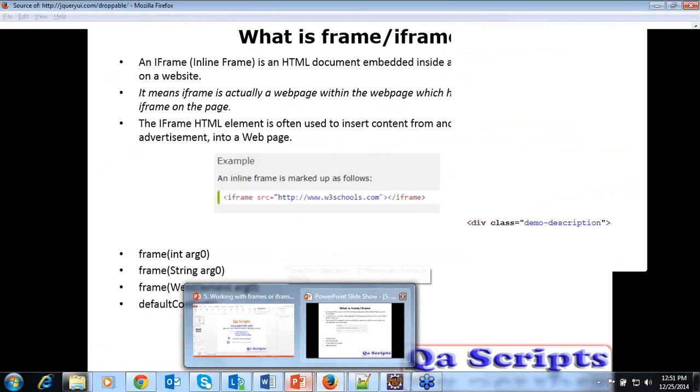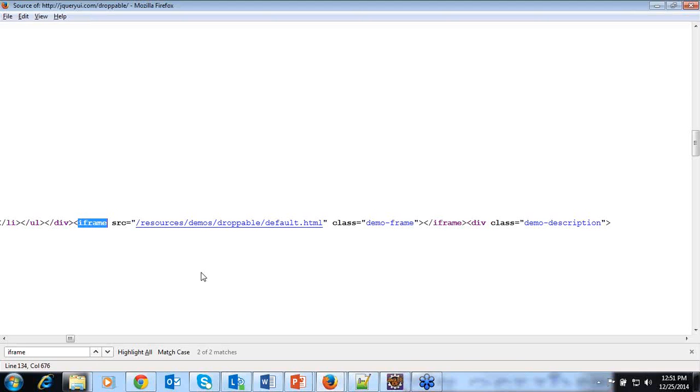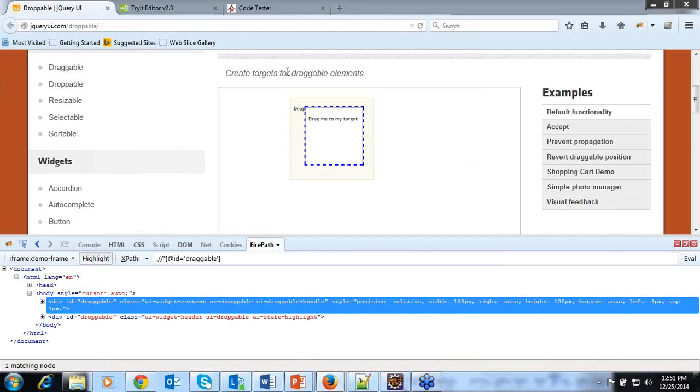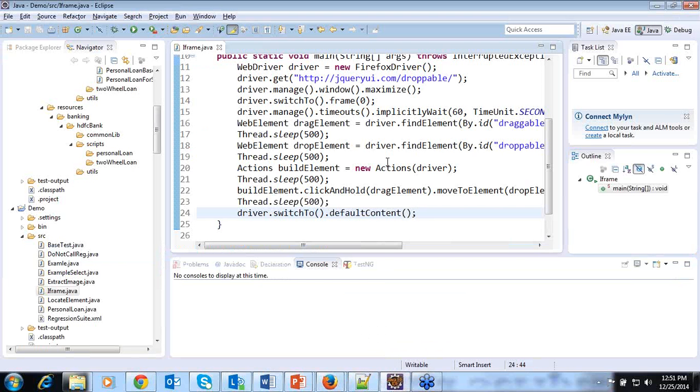Let us look at another method called frame, and let us pass a string inside the bracket. In the sense, if your element has an ID or name, as I was explaining using a simple example, if the developer has given a name for your frame or an ID for your frame, then you can use that ID or name directly inside this frame.